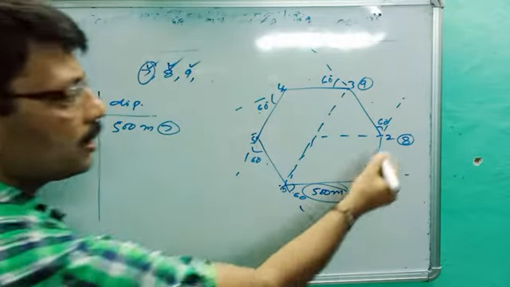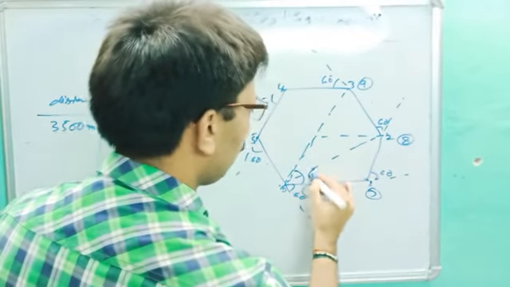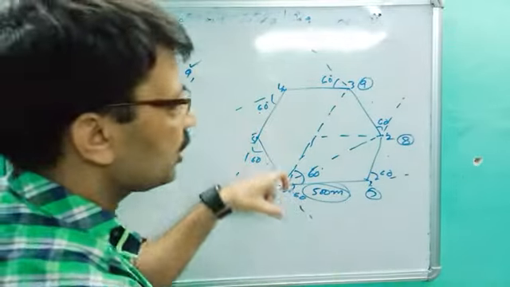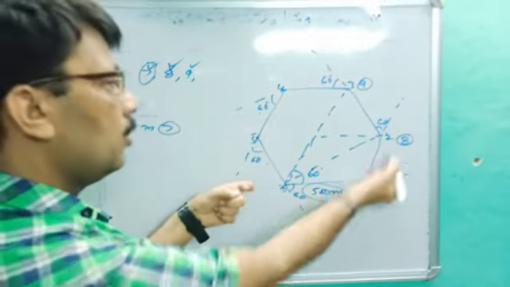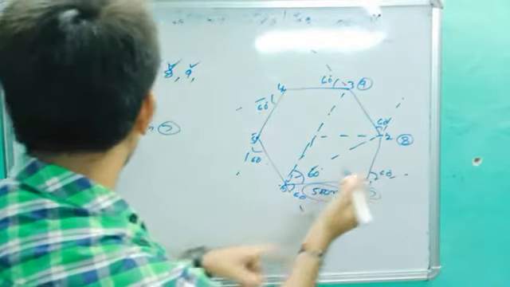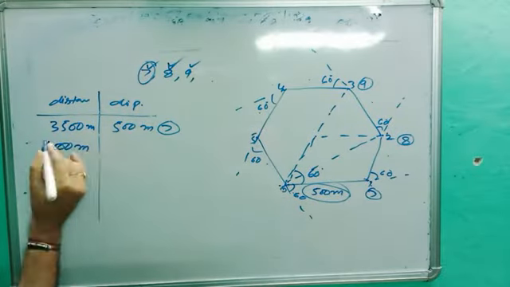8th turn. The 8th turn is here. So you have to apply the parallelogram theorem. This angle will be, as you know, 60 degrees. So what about the 8th turn? First your distance is very clear. Distance is 3500 and again 500, so the distance will be 4000 meters. It is very clear. Distances normally have to be added up. So distance will be 4000 meters.